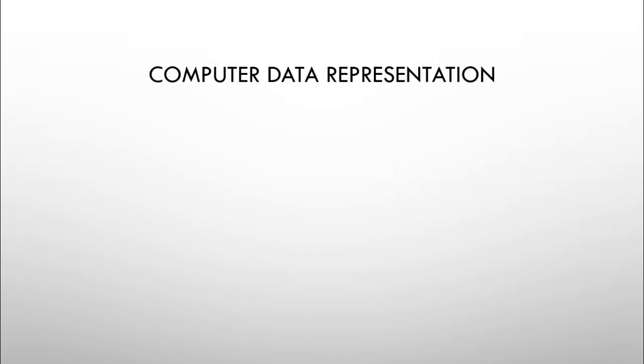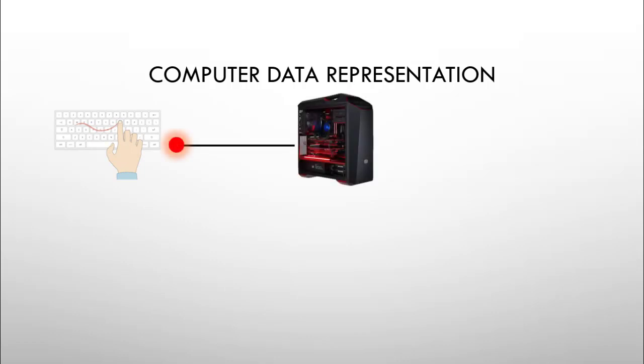So, computer data representation. Now if you see, when you type in a value from your keyboard, a signal is first sent to the system unit. In the system unit, your signal is converted to binary. That is because machines understand only binary languages, whereas we understand human language. So when we type something from the keyboard or the mouse or whatever input device that we are using, it is first converted to a binary value, because machines understand machine language.